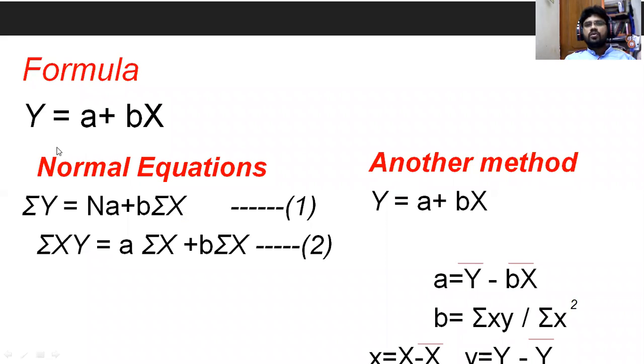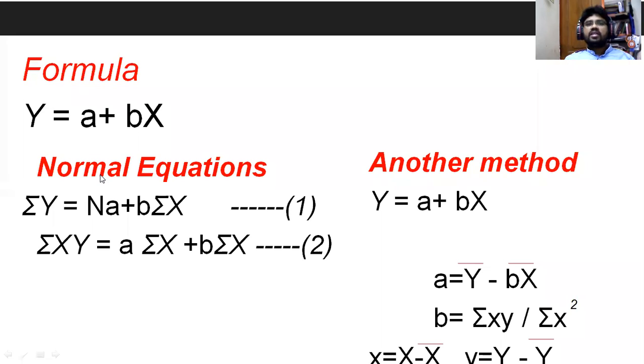In order to estimate the coefficients, the main formula is y equals a plus bx. Y is the dependent variable, a is the intercept or constant, and b is the slope or coefficient or parameter. X is called the independent variable. This is a simple regression, because in simple regression we have only one dependent variable and one independent variable. So in order to get the a and b values,